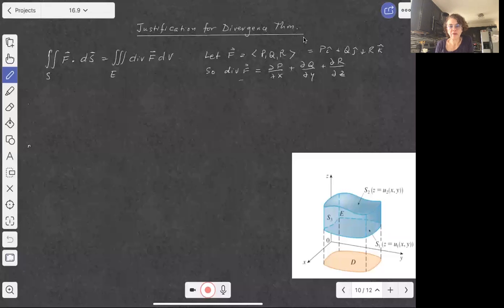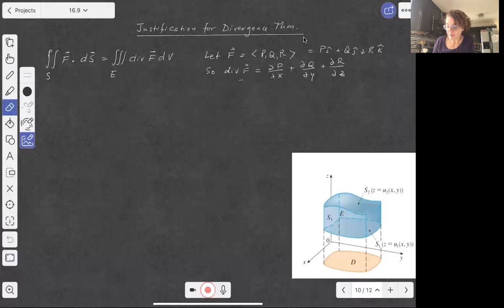Hello, in this video, we are going to give a justification for the divergence theorem. So remember that the divergence theorem said that if E is a simple solid region in R3 with a boundary S that has an outward pointing normal, and if F is a vector field with components, say P, Q, and R, whose component functions have continuous partial derivatives, over a domain that contains this region E, then